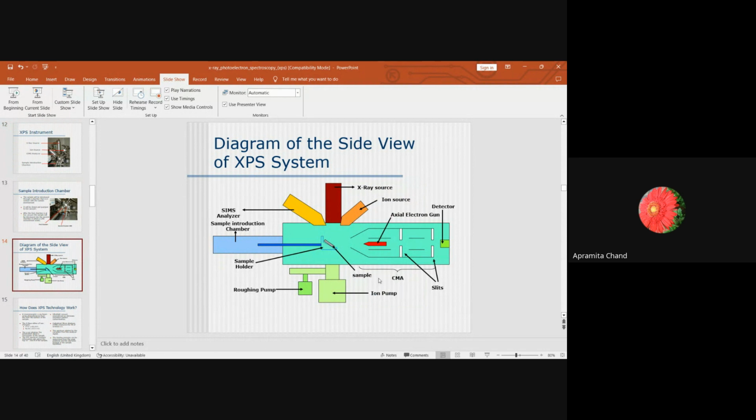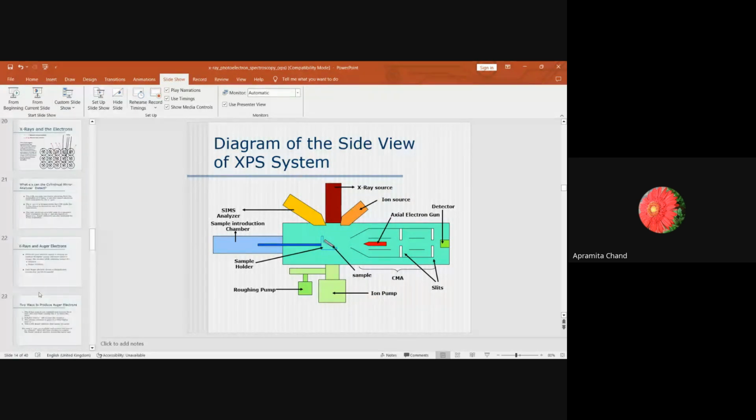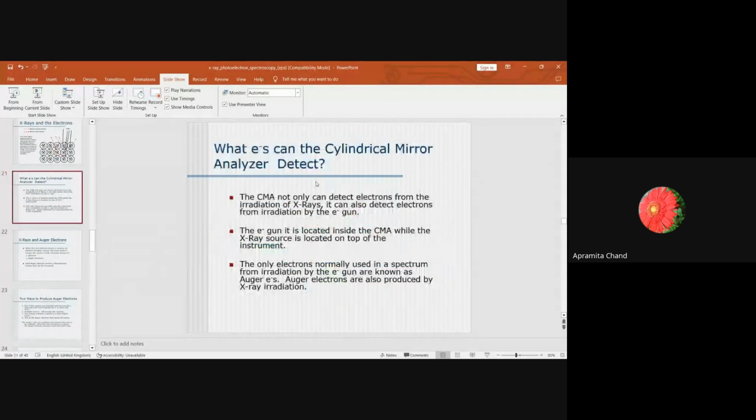So we are talking about the CMA part. CMA in the sense cylindrical mirror analyzer. So what kind of electrons can this mirror analyzer detect? So it not only can detect electrons from the irradiation of X-rays, it can also detect electrons from irradiation by the electron gun. Now the electron gun is located inside the CMA while the X-ray source is located on top